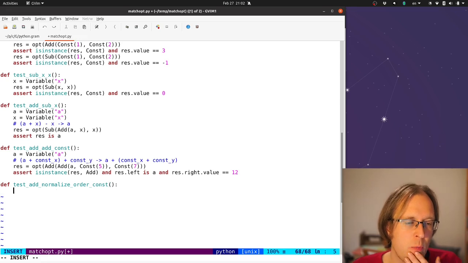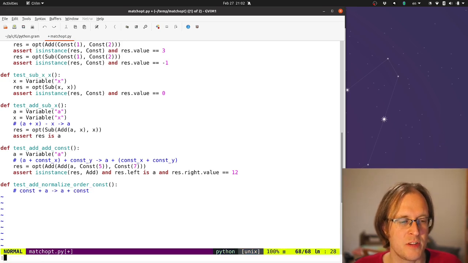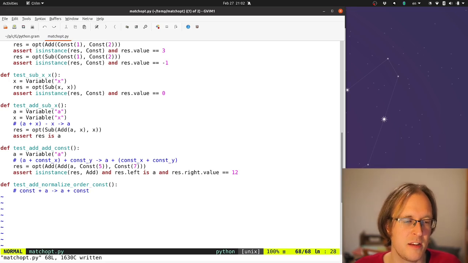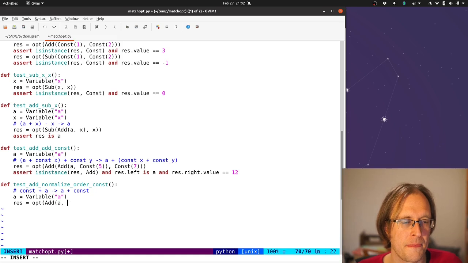So what we want to do is, if we have something like a const plus a, we want to rewrite it to a plus const, because consts are supposed to go to the right. Const 5, a, and we want to make sure that